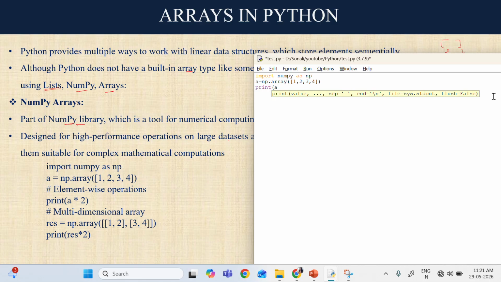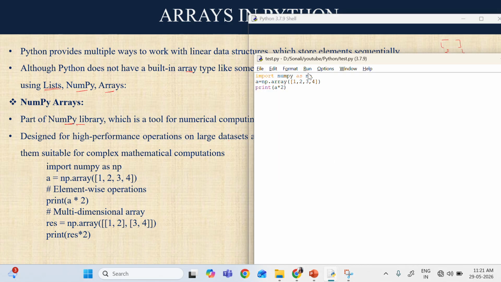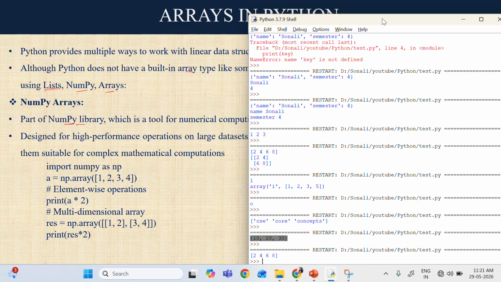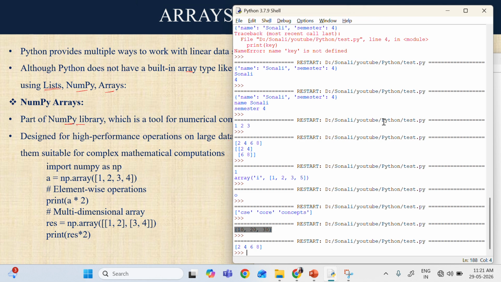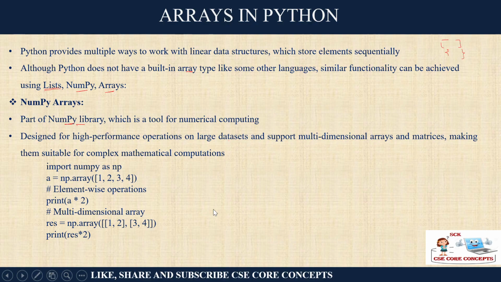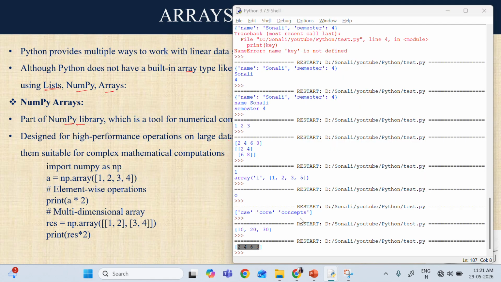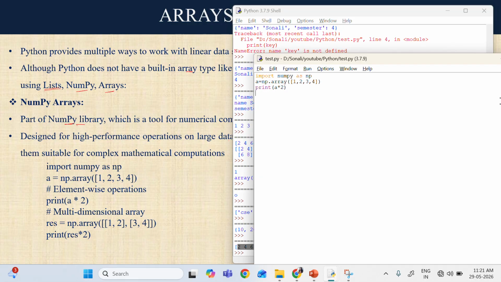If you want to make an array of values where each value is multiplied by 2, so if you want 2, 4, 6, and 8, we can twist and do something like this also. Let's see how it works and what it is printing. If you execute, you have defined an array 1, 2, 3, 4, but while printing you asked for the values multiplied by 2, so 2, 4, 6, 8. Now this is a one-dimensional array, and if I want a multi-dimensional array, that can also be done.